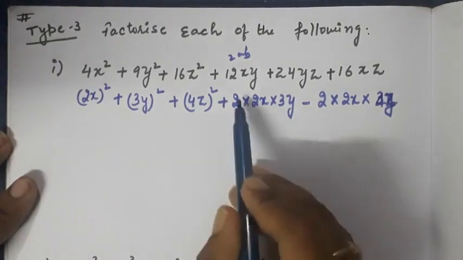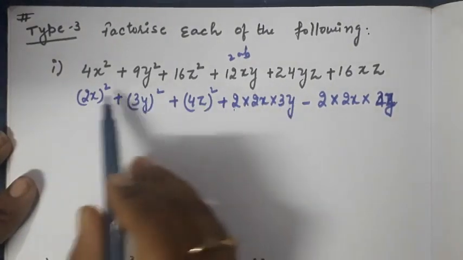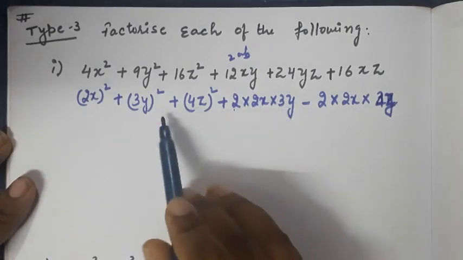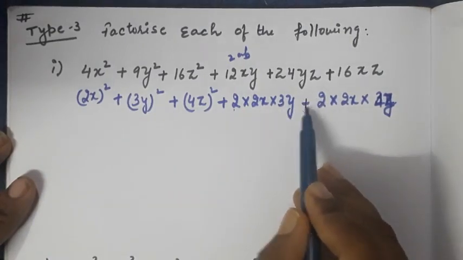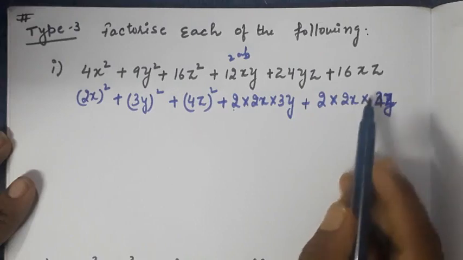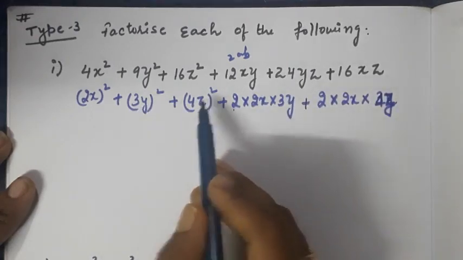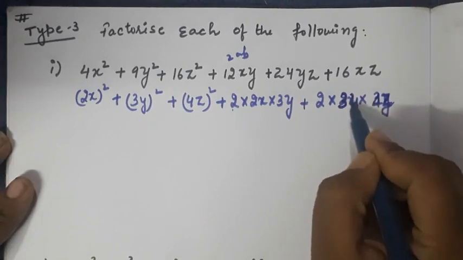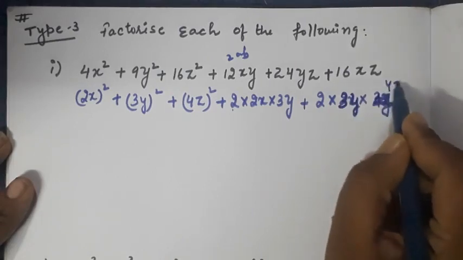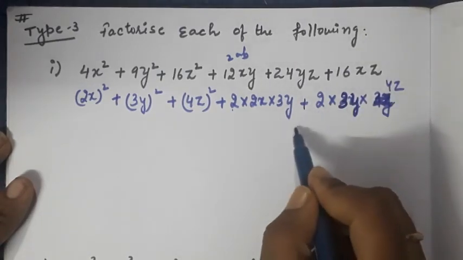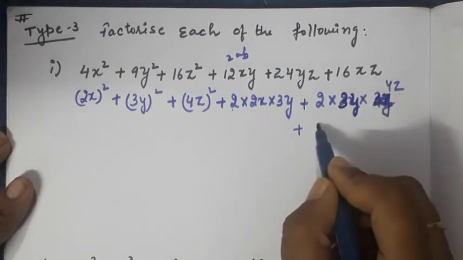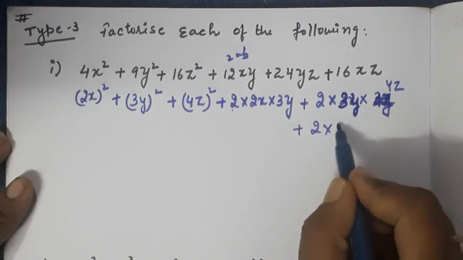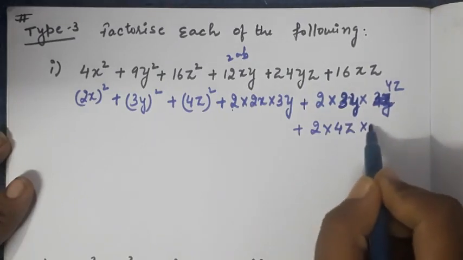Means I could write twice of AB. Here A I have taken as 2x, so 2x into 3y. Here plus 2BC, means BC will be 3y and 4z. So I will write here 3y and 4z. Okay. Then the 16xy can be written as 2 into CA, means we can write 4z into